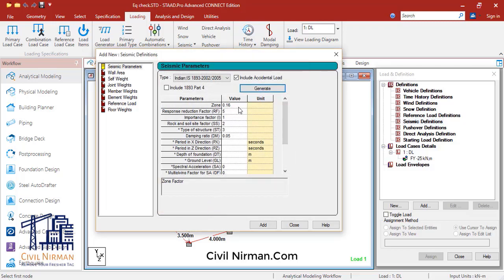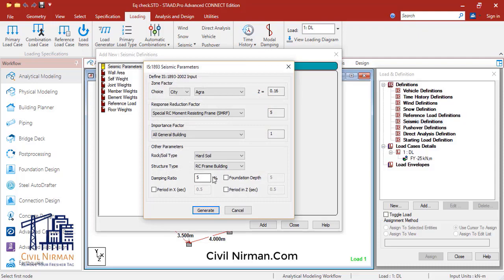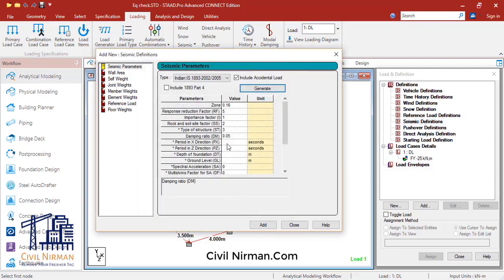Now see, you can check out all the parameters are included over here. Now one important thing to note over here, in the previous or older versions we needed to input damping ratio in terms of ratio as in 0.05, right? There was a correction in the older versions. Currently we are utilizing the latest version of STAAD.Pro, that is the Connect edition. Over here it is represented in terms of percentage, but if you are utilizing the older version then you need to enter 0.05 over here. So make sure you don't make mistakes.